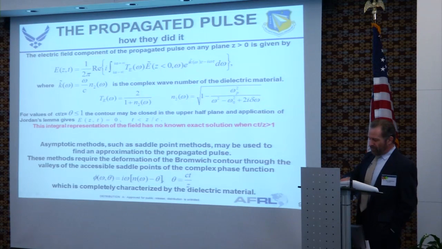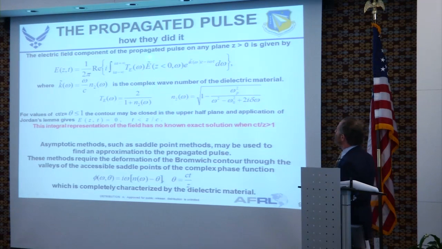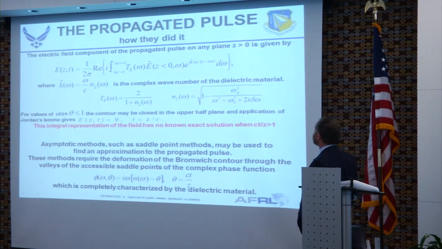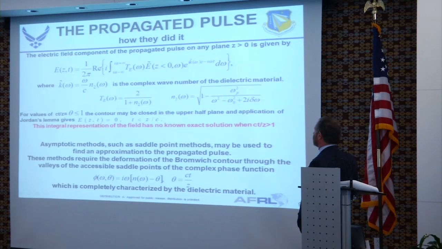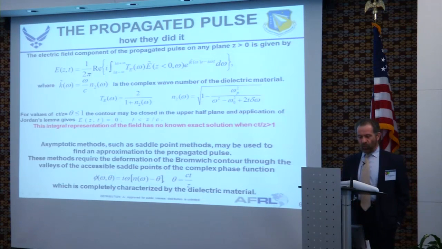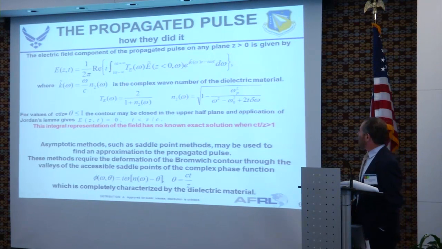Just to give you an indication of what had to be, those precursors are exact solutions to Maxwell's equations. This is a transform version of it. This is water. This is the index of refraction. This was made up by the physicist Lorentz. It's causal, so you have to use something that you trust. And it does predict exactly what I said. It predicts that the wave has a 1 over square root of z behavior. And you just have to go through the mathematics very carefully. I don't intend to do so.